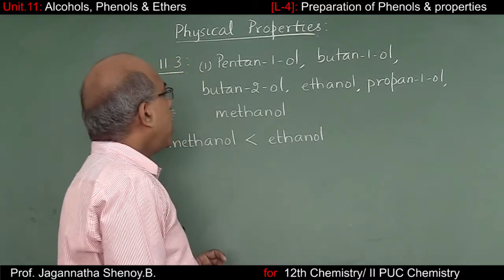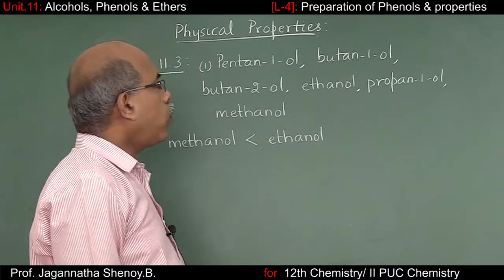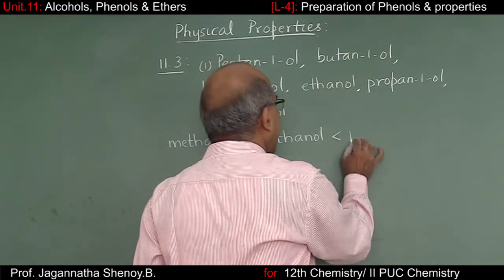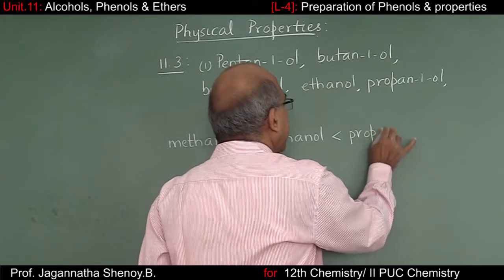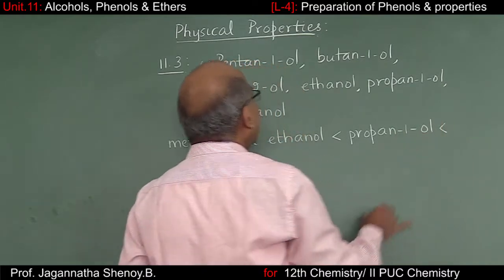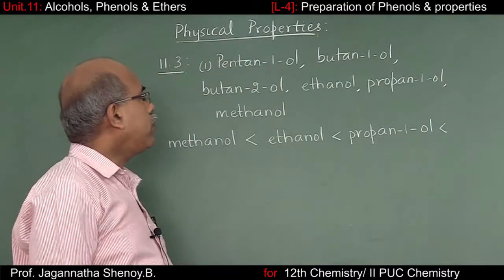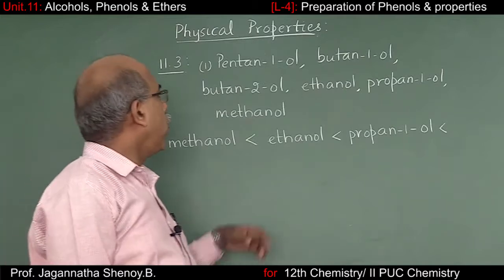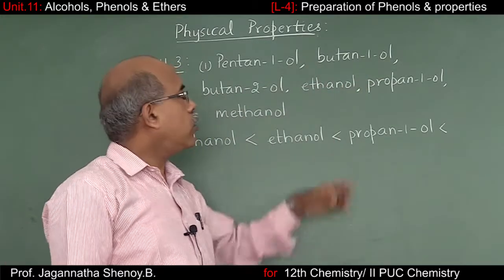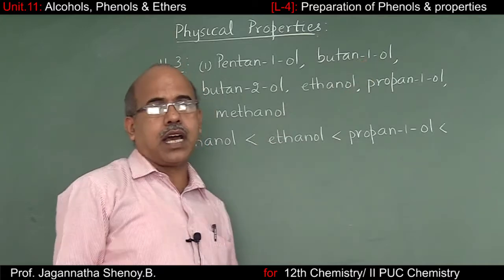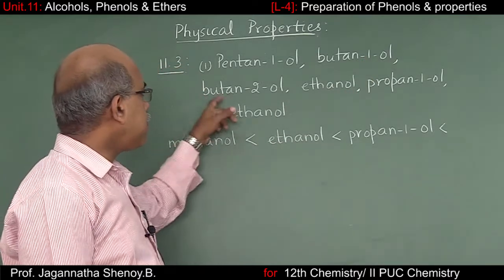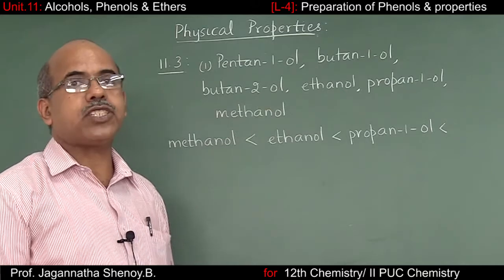When I go to propanol, they have given only one propanol, so it is again propyl alcohol. That's why we have propane 1-ol. But going to butyl alcohol, we have two butanols: one is butane 2-ol and the other butane 1-ol. You know, butane 1-ol is an alcohol with a normal, unbranched chain, whereas butane 2-ol has a branching.